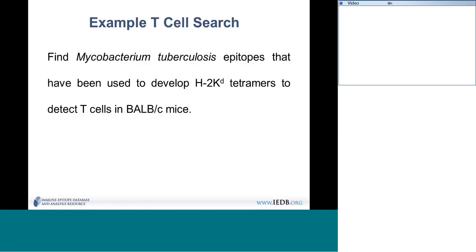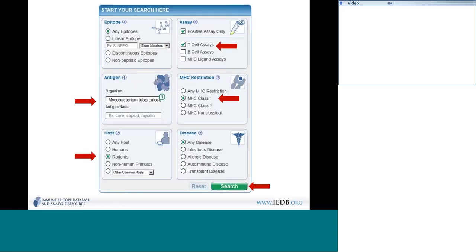All right, and then I'll briefly take you through a similar T-cell search, again an infectious disease-related search. But if the quest now is to find Mycobacterium tuberculosis epitopes that might have been used to develop H2KD tetramers to detect T cells in mice, so very often we get this question. There's that NIH resource, the tetramer resource, but a lot of people turn to us to see whether people have developed tetramer technology for epitopes because they simply want a reagent and want to know whether such a thing has been done. So again, this is a matter of dissecting this question into pieces and filling in the blanks on